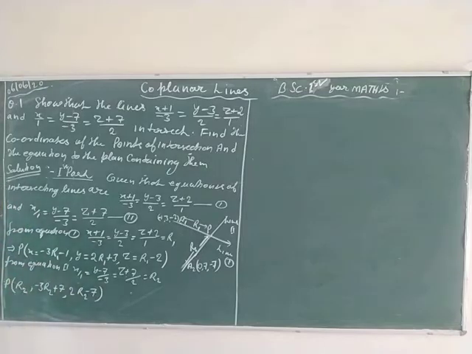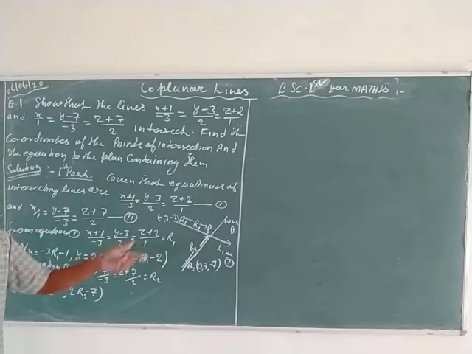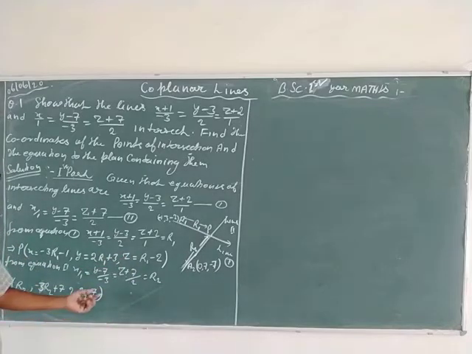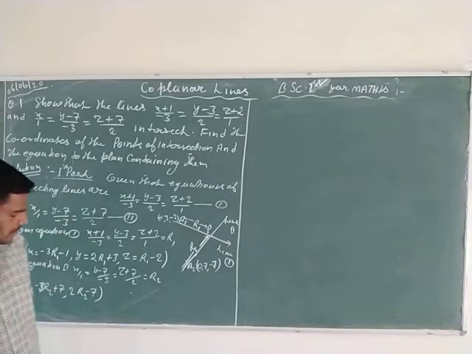Please check one more time. Taking the first and last ratio, the x value is r2, the y value is minus 3 r2 plus 7, and the z value is 2 r2 minus 7, where the plus 7 is taken to the left-hand side. So r2, minus 3 r2 plus 7 and 2 r2 minus 7 are the coordinates of the point capital P.